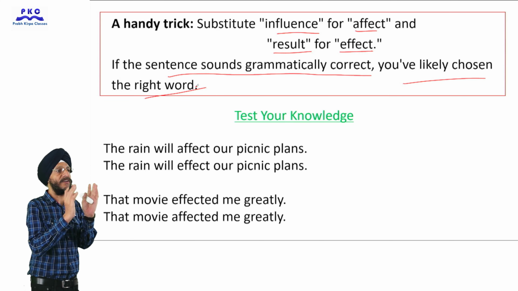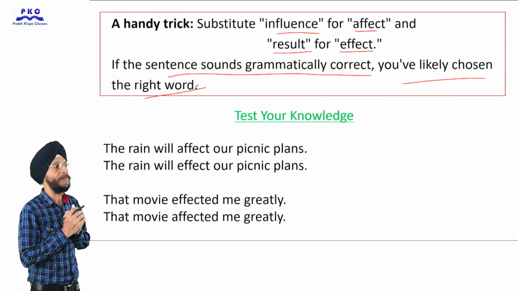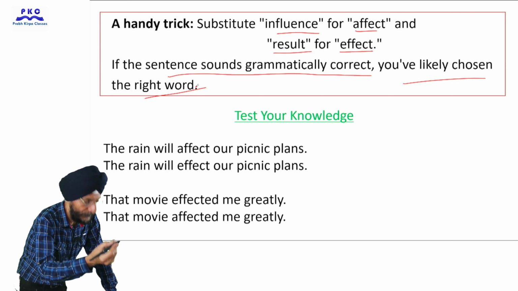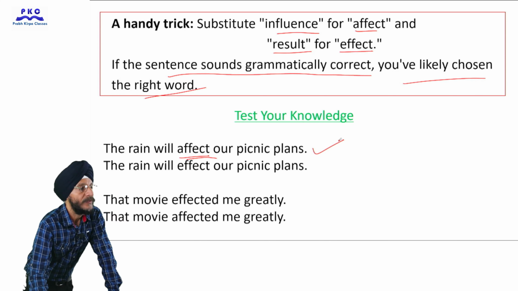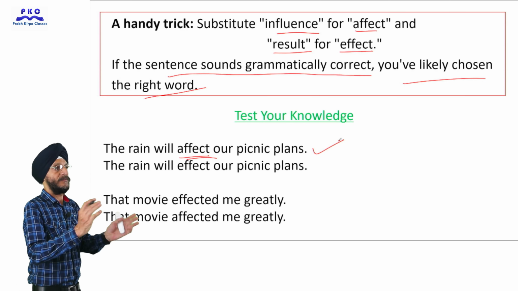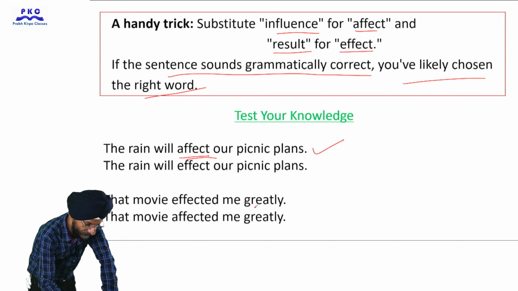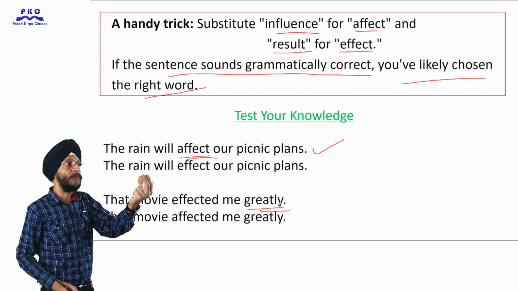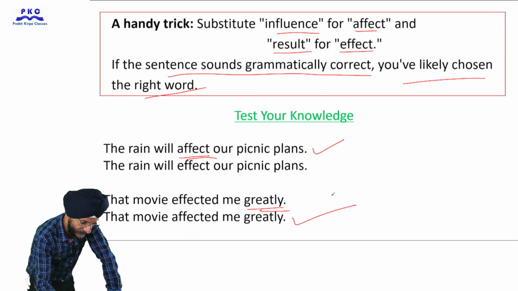Now we will test our knowledge with the help of examples. The rain will affect our picnic plans. Here affect means influence our picnic plans. So here affect will be used, because it is not the result of our picnic plans. Rain is not the result of our picnic plan. It will influence our picnic plan. The movie affected me greatly. The movie is not the result. The movie influenced me greatly. So here we will use affected,